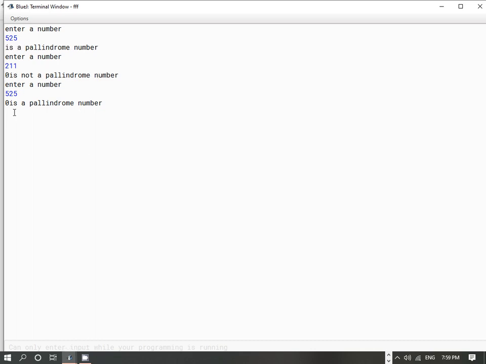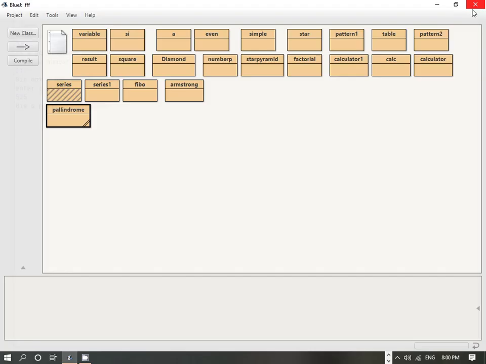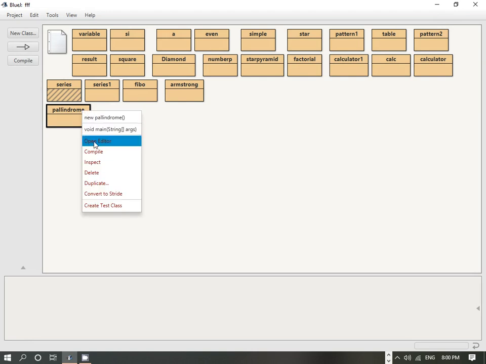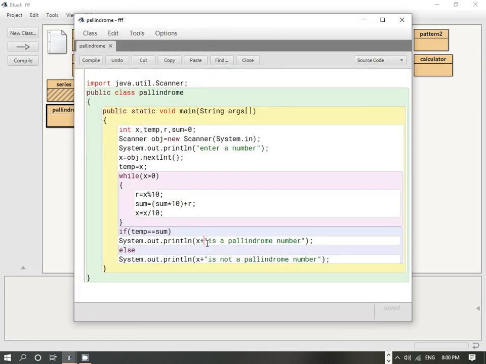Here we have to make a slight change in the last statement, because instead of the original value of x we are getting 0. As we had done the computation, after the calculation the value of x was 0, that's why it is displaying 0. So actually we have to print the value of temp over here. Let's go back to the code. Here instead of x we have to print temp, because in temp we had stored the value of x. So here we write temp.